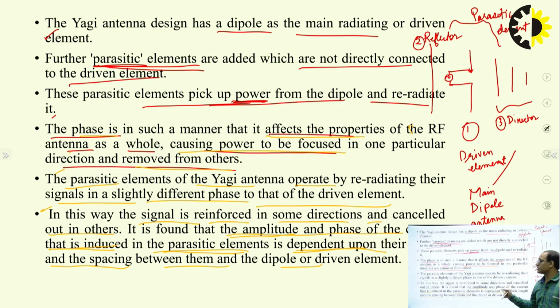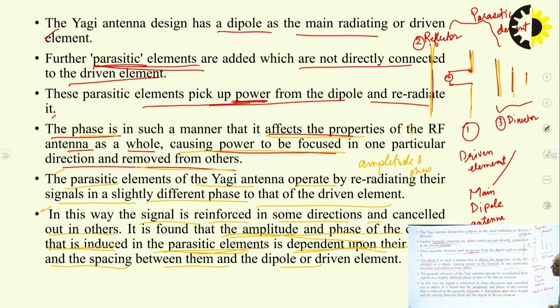Amplitude and phase is dependent upon what? The amplitude and phase of the wave reflected by the reflector, or the wave which excites the directors, introduced in the pattern, is dependent upon the length and the spacing between them. Means the length of these elements